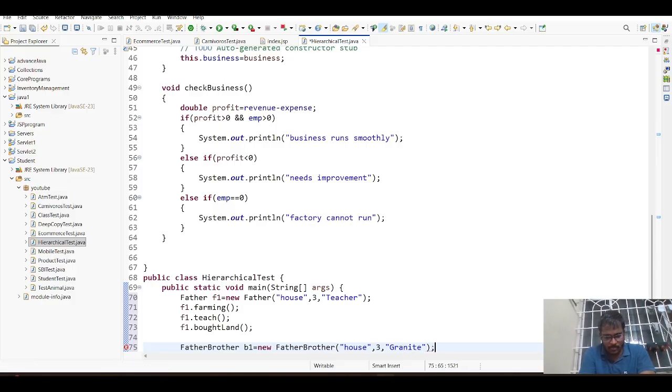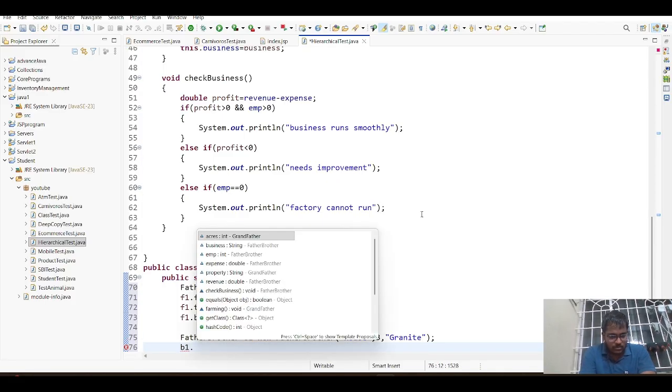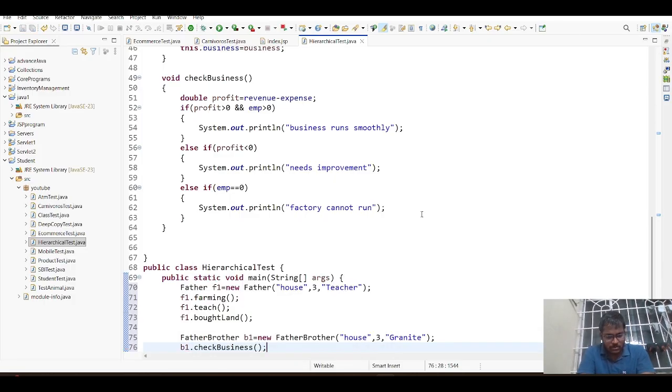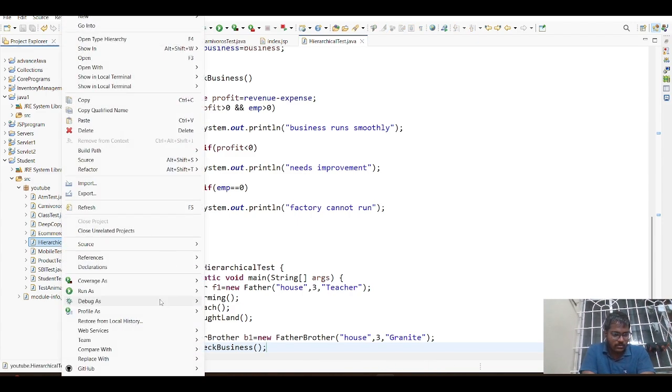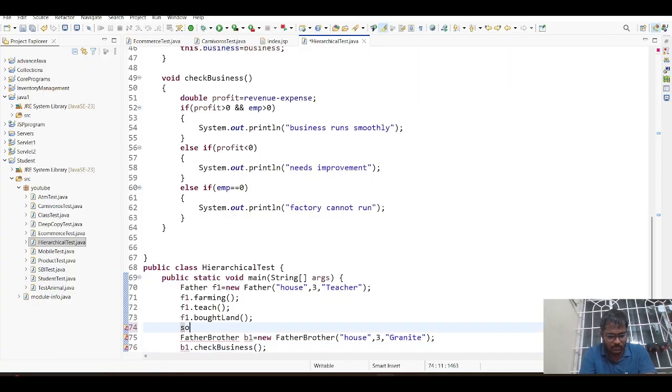So B1, check business. Okay, like this we will create checking weather. Okay, business runs smoothly. Here we can pass some